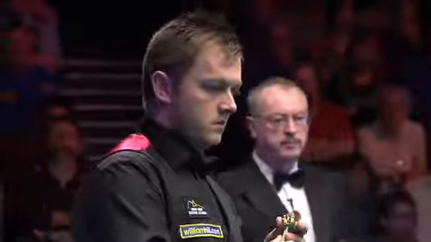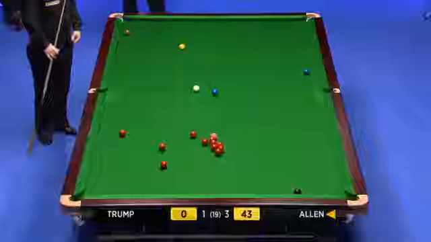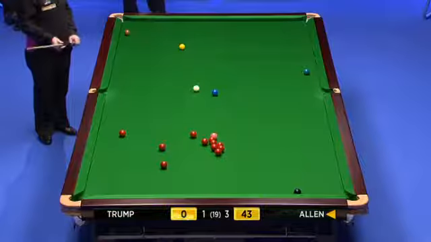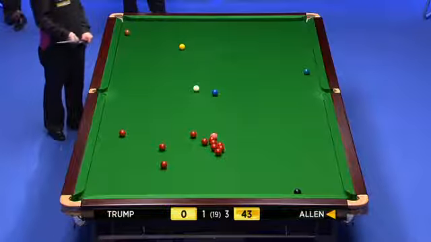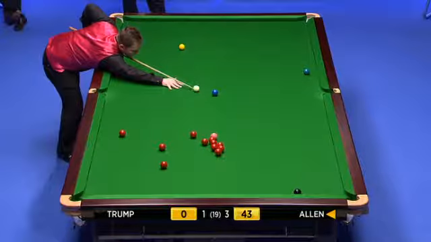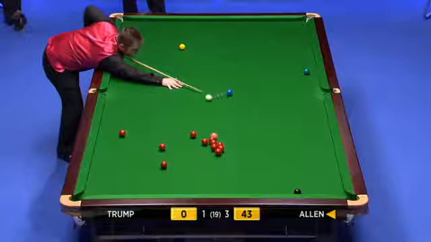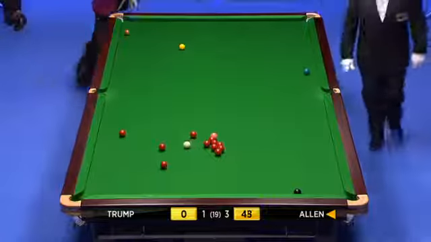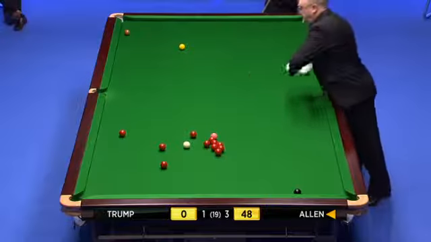The pink is available, as I thought, into the right corner, so he's concentrating on the blue at the moment. And if the pink spot is occupied, it will go on the black spot. So he hit the wrong red there. He played to cannon the other one, and